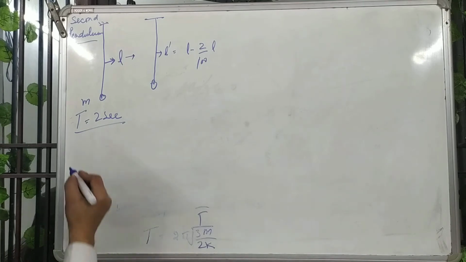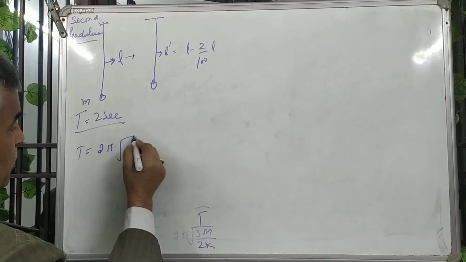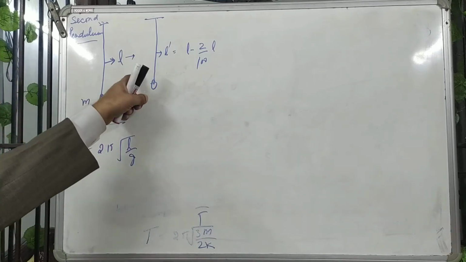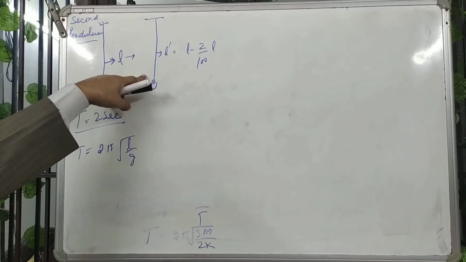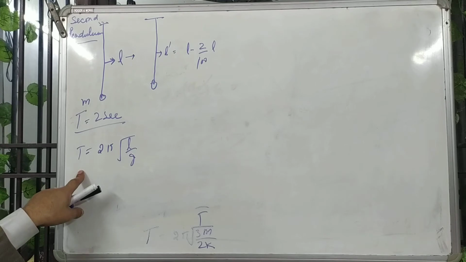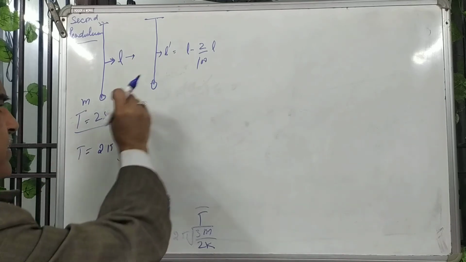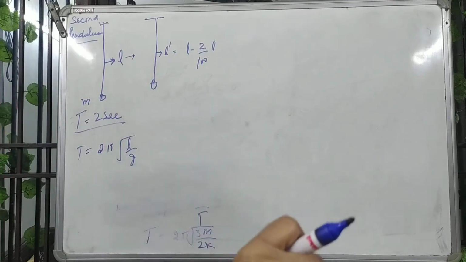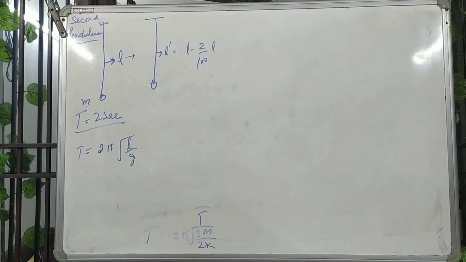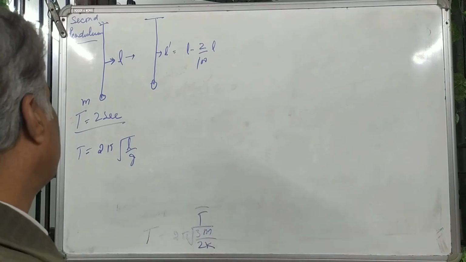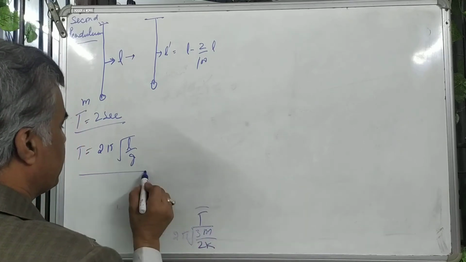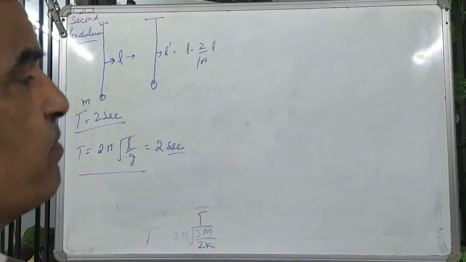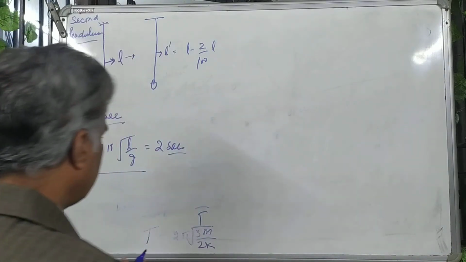Correctly, time period T equals 2 pi root L upon g. As we know, the length is reducing. Due to reduction of the length, time period will reduce. This means the pendulum becomes faster. In a shorter time, the 24 hours of a day will be completed. Time period will be reduced. First, the time period value is 2 seconds. So the question is, what is the new time period? I am telling you, in this case,